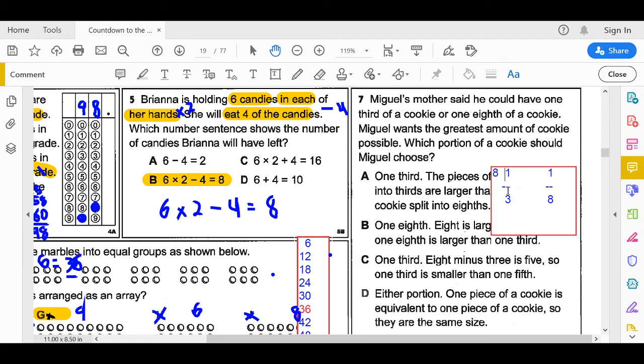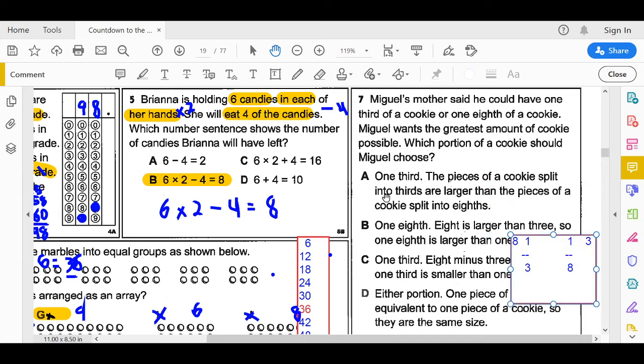And so 1 times 8 is 8. 3 times 1 is 3. So you can clearly see that this fraction, 1/3, is actually bigger. So 1/3 is bigger. Remember that the number at the bottom is not a good indication to compare. So we need to use the butterfly method to know which one is greater. Now that we know that 1/3 is greater,